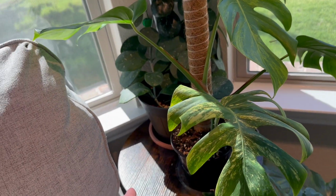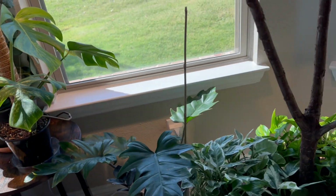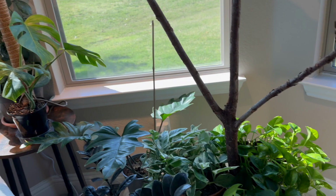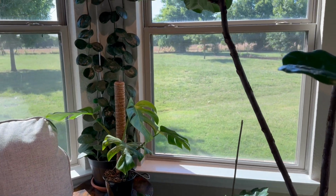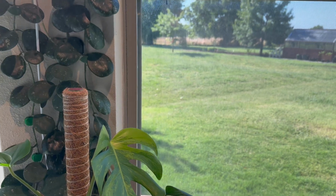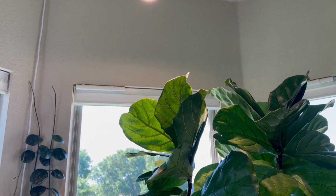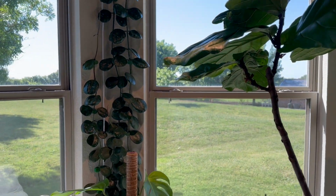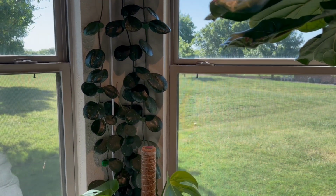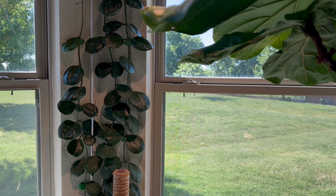I probably need to put the smaller plants in there and put it somewhere maybe in here or on the back there and put some grow light, because it's looking for light. I don't think it's getting enough light from this grow light because of this fiddle leaf fig. So on the other side there is another of my Hoya ovata that I love so much,